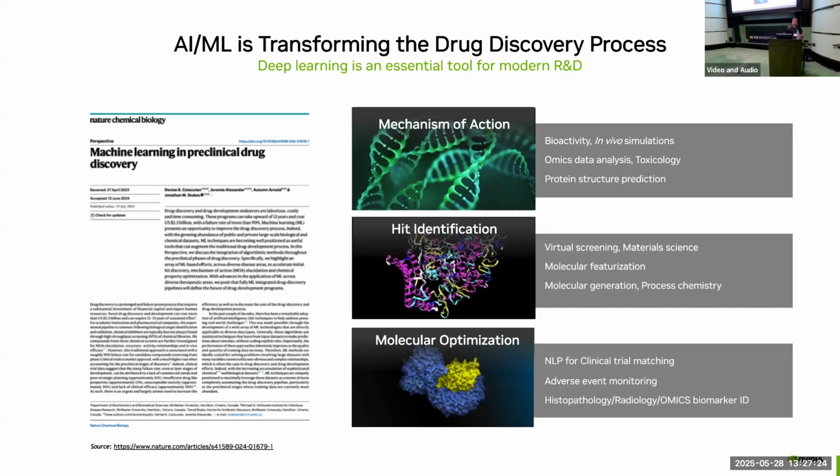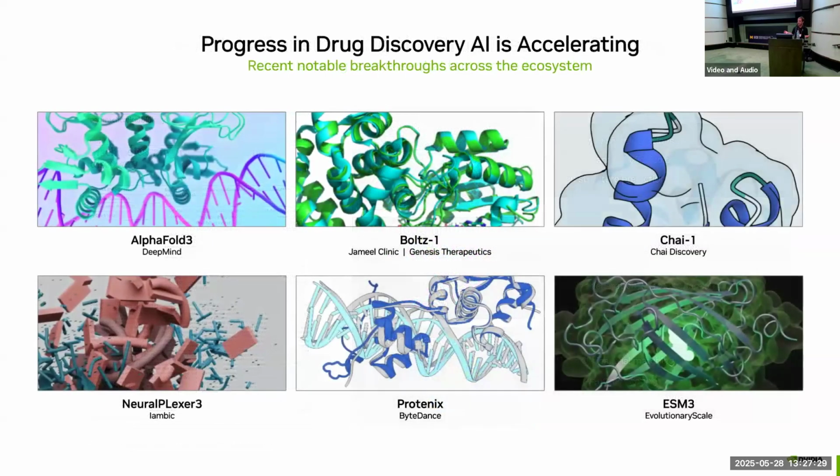So if we look at the foundation of why this is such a successful field right now, it's because of the awesome work that everyone here is doing, right? If you look across the universities, across the startups, things like AlphaFold, right? Boltz, which now extends to RNA and protein structure prediction, Neuroplexer, DiffDock out of MIT, right? There's a community around models here that are opening these up, putting them on Hugging Face, and then folks can take those and run them on their internal data sets if you're, for example, a pharmaceutical company, and get additional value on your own unique data there, right? So I just wanted to touch on that.